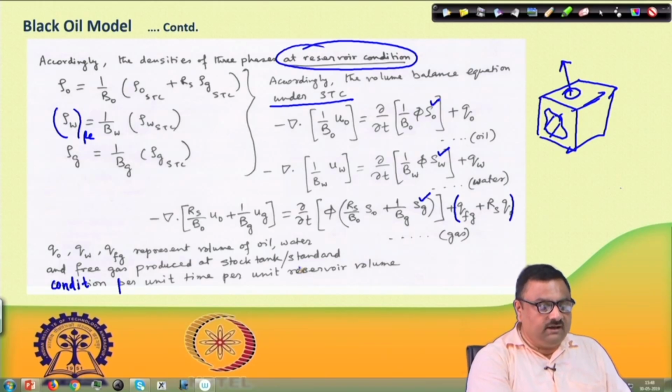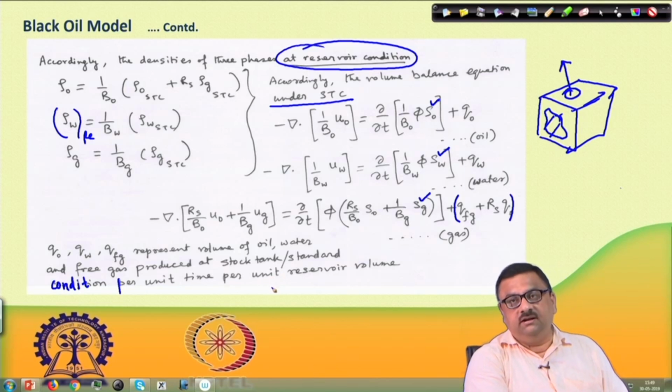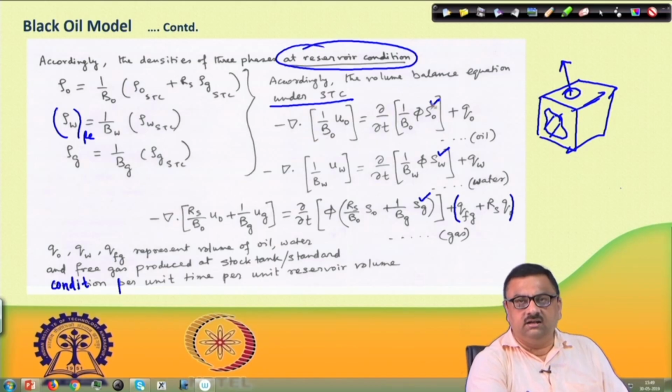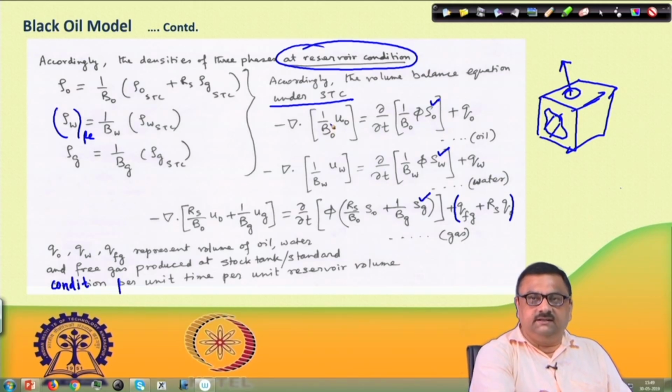So, volume at stock tank condition or standard condition, per unit time, per unit reservoir volume, that means this total volume we have. So, per unit reservoir volume also, that unit is there. That is, I think, the unit of this continuity equation anyway. All these terms are volume per time per unit reservoir volume. So, this is what these terms are all about, because this was, see, look at it here, this is basically